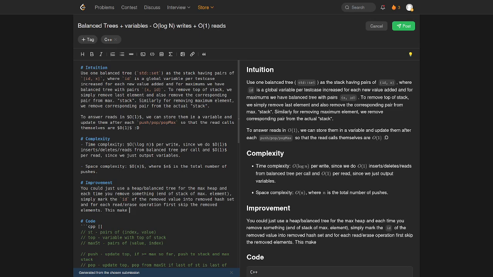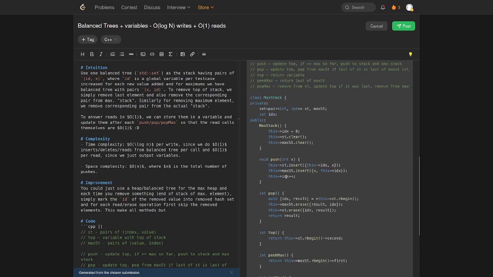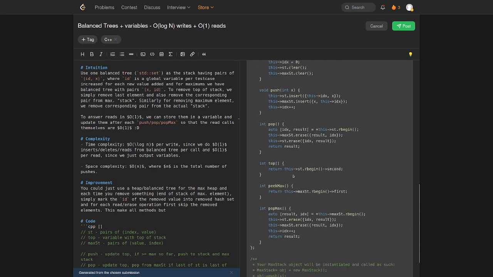This makes all methods, but I mean, push would be log n, right? Copies you take last in the max, so that's O(1), I think. View stack, these are O(1), and pop max